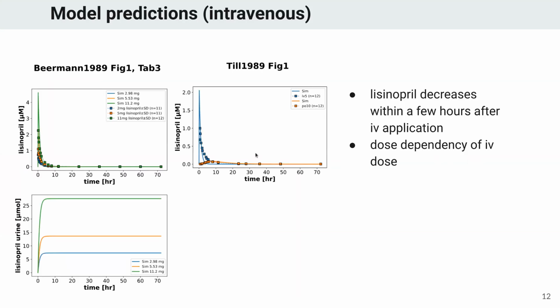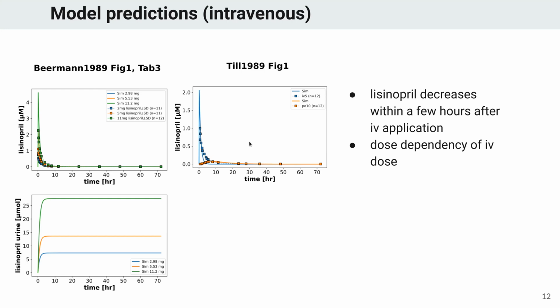So how do the model predictions look so far? Here, the first example is how the model is predicting the intravenous pharmacokinetics. We have two data sets so far. One is data by Behrman, the other data by Till. Here we see these high peaks in the data, and our model simulations are in pretty good agreement. This is not perfect, but we see that we have very similar time scales and also similar decreases. Our model is a bit too fast compared to the actual data, but overall, the intravenous profiles are